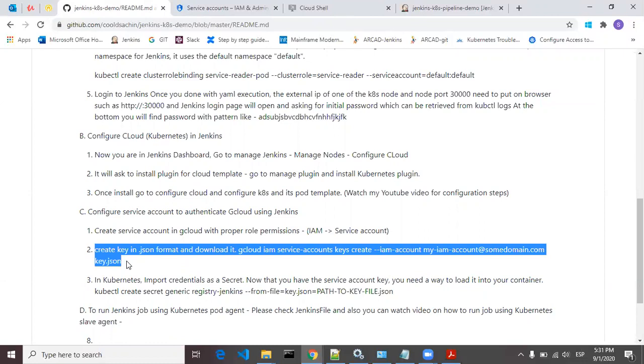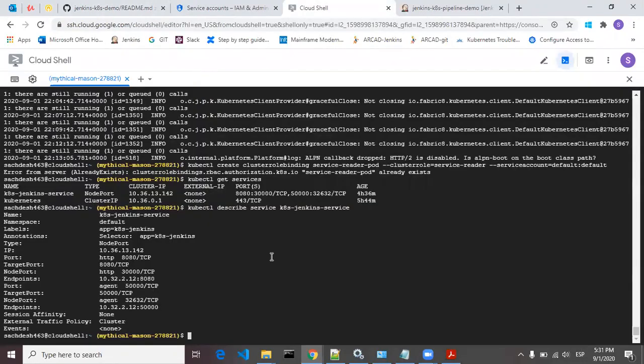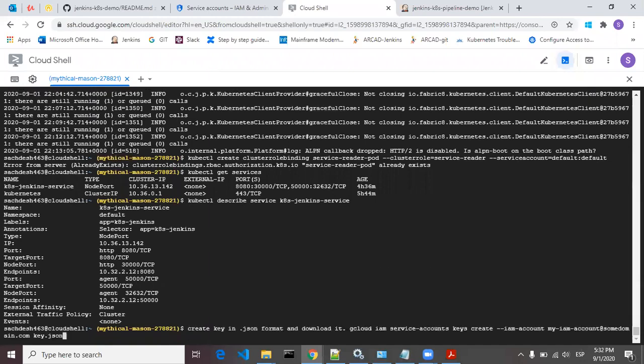Just copy this. So this is a gcloud command, gcloud iam service-accounts keys create.